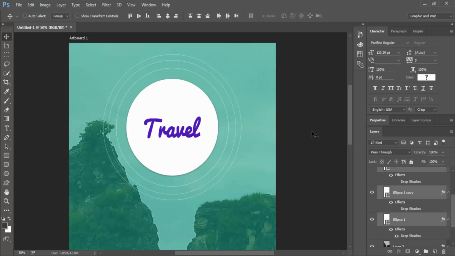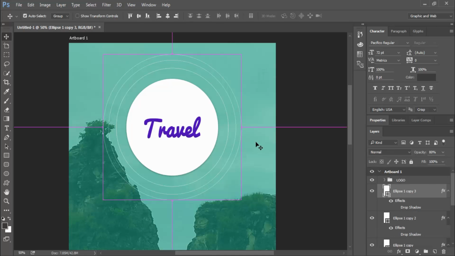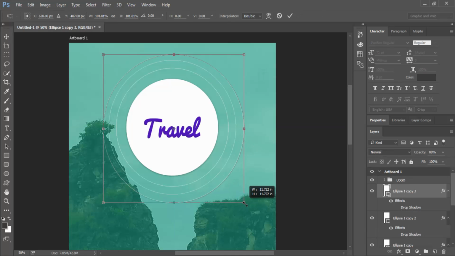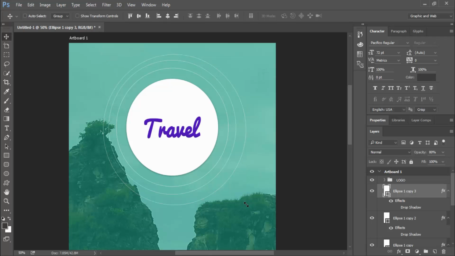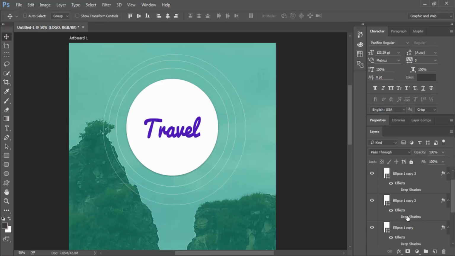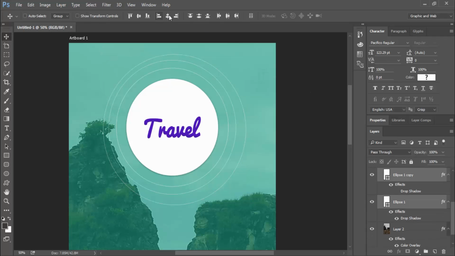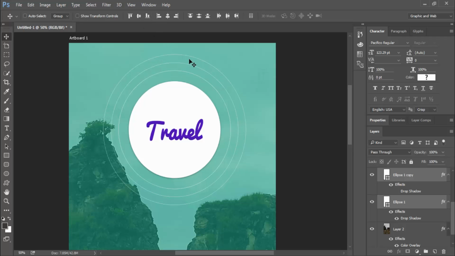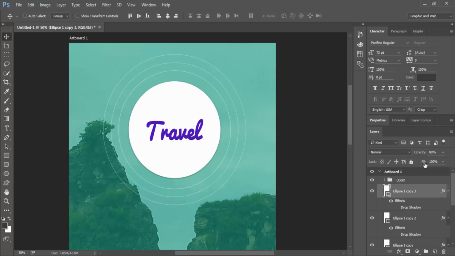Okay, like this, and the last ellipse is bigger. We can make it centered again. Okay, and the last ellipse stroke gets opacity 50, and the second ellipse stroke gets opacity 70, like this guys.